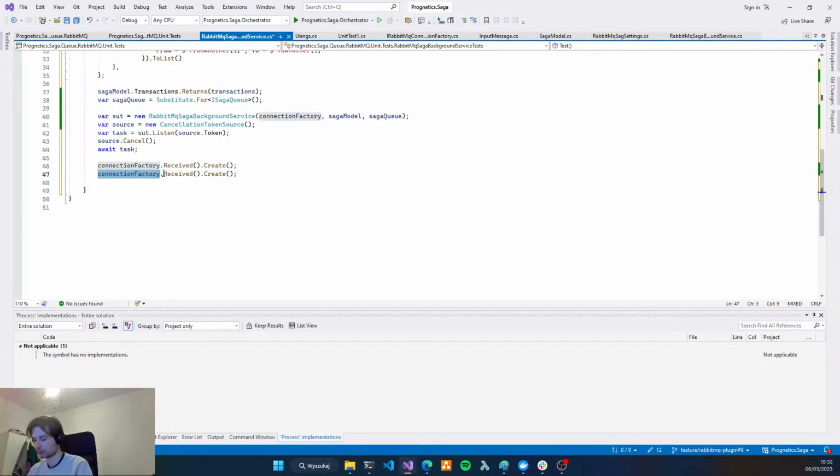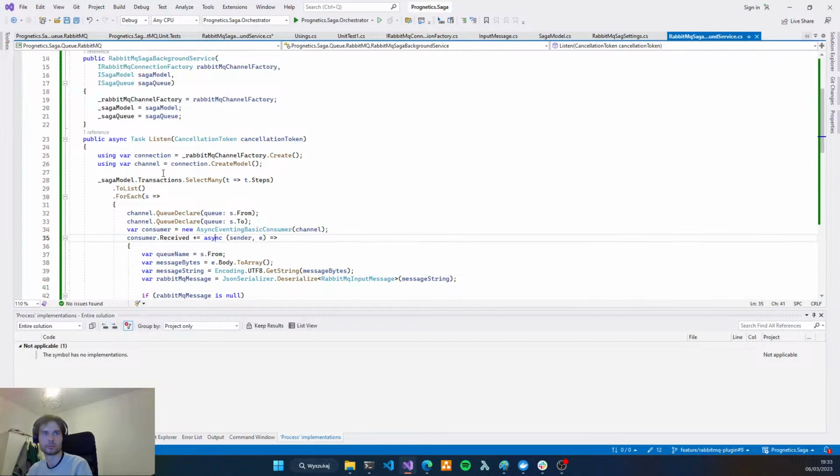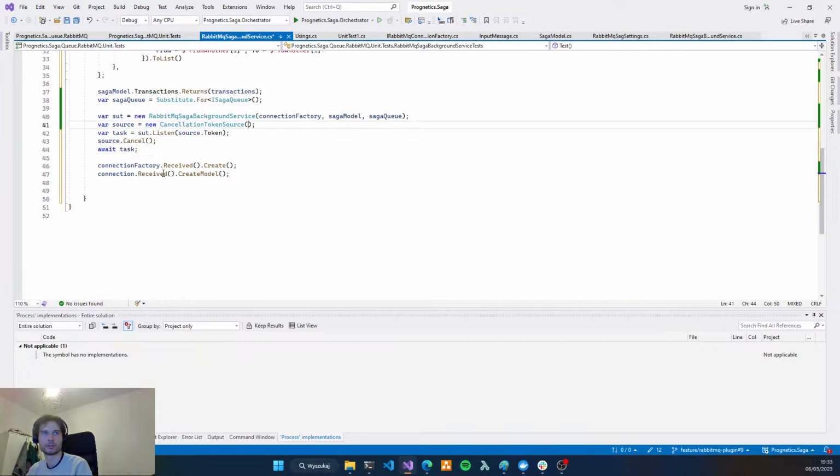Also the connection received create model. We know it should be true, but okay. Now we should check if we declared queues 3 times, for from and to.